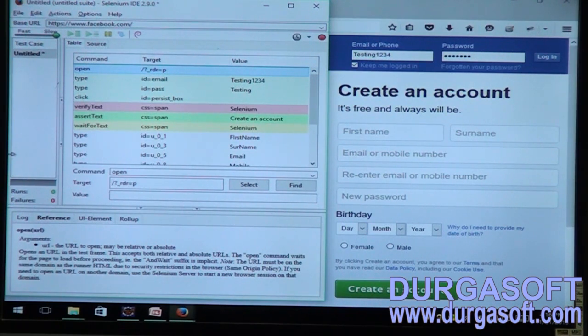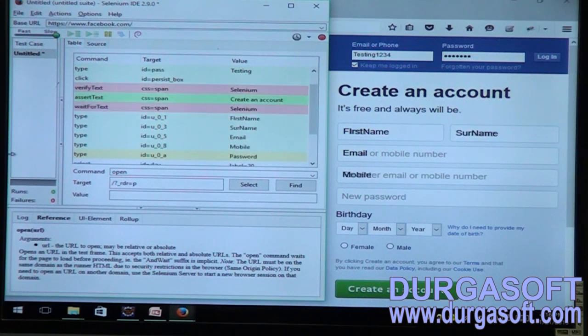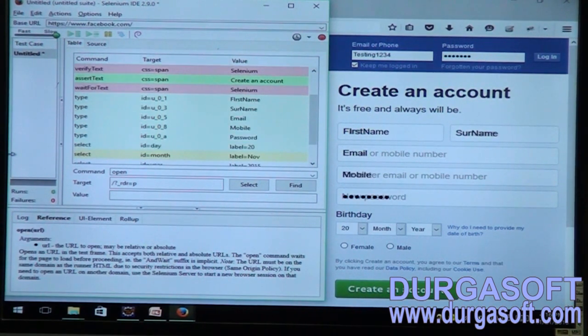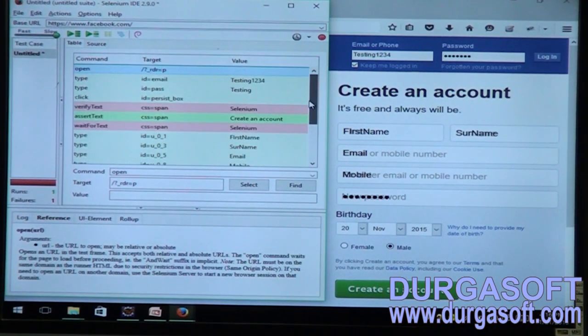See, it is still waiting for the script execution, right? It's still waiting. Now it has continued executing. You can see it is going to enter the values now. This is something called automation testing. That is, we are not going to perform anything. We are going to take the support of the tool, and the tool is going to perform testing.